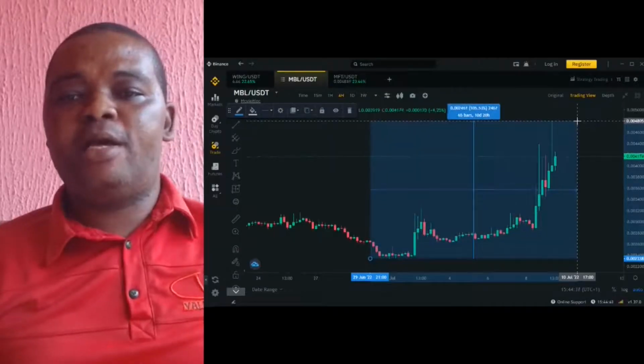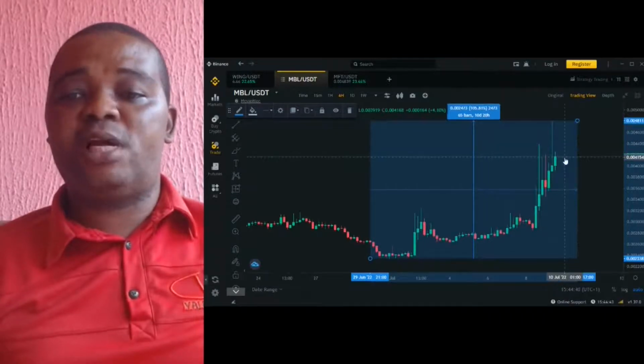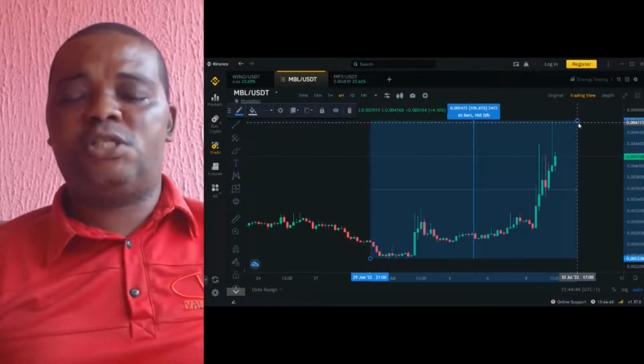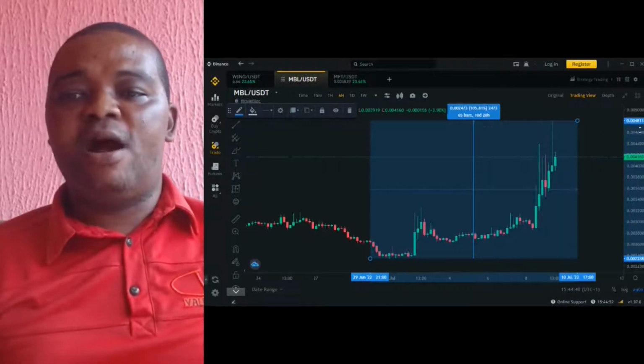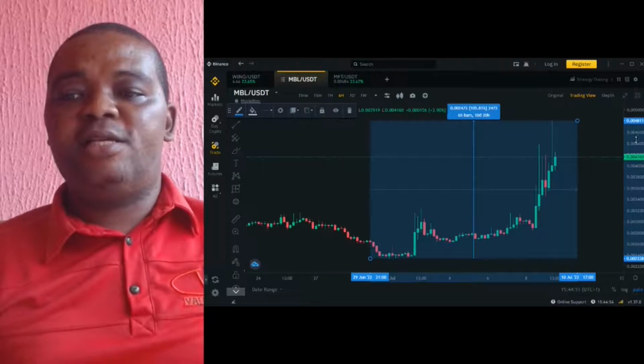And finally, it bounced up by 105% to complete its standard cycle of a bullish trend operation at the highest price of the bullish trend, which is